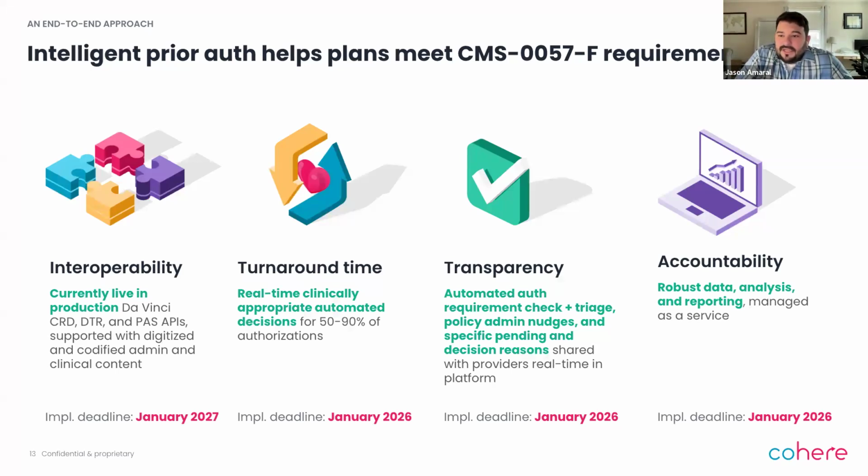Addressing the four pillars that we discussed, the interoperability solutions, Cohere currently has live in production the CRD, DTR, and PAS components of the CMS requirements, or of the Da Vinci solution. That would support auth submission, requirements sharing, and data gathering through the SMART application that has been externalized and is used by several systems and several partnerships that we built out, both EHRs, connected EHR applications, and downstream,